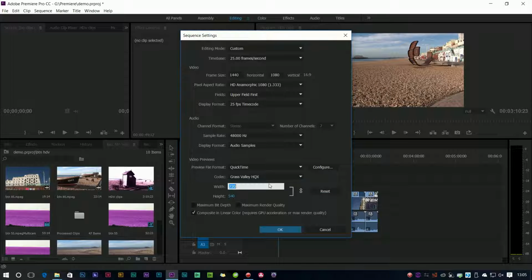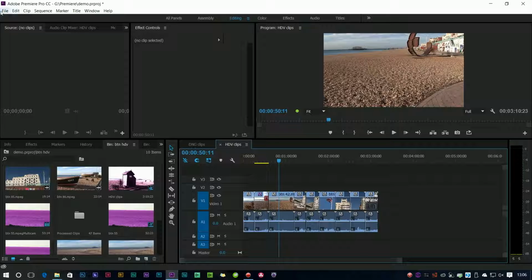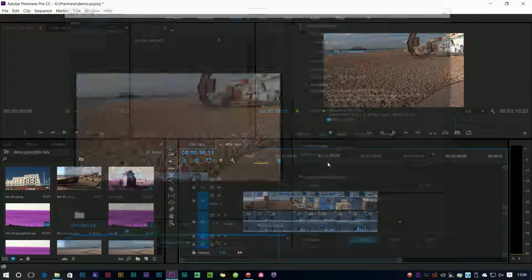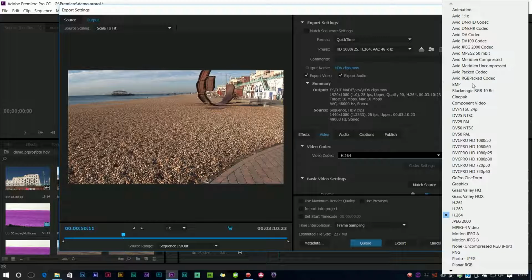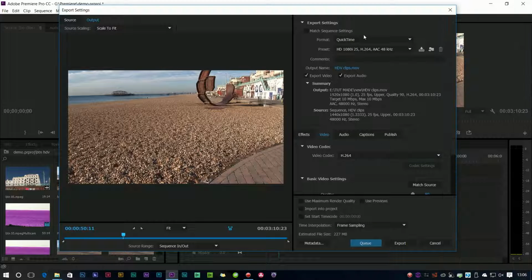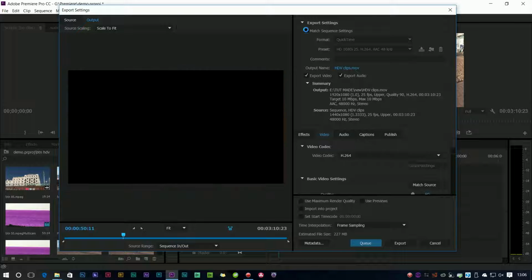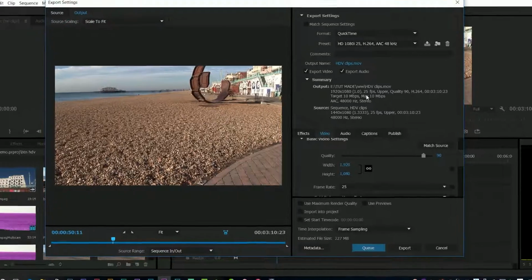And most of these formats are things which I can get to just by going to Media Encoder and choosing the right setting here. Like if I go to QuickTime and Video Codec, I'll get all those QuickTime codecs. But what match sequence settings does is it just uses whatever codec you've set in the rendering. I don't tend to use that one very much, but what I do find in particular is I really like